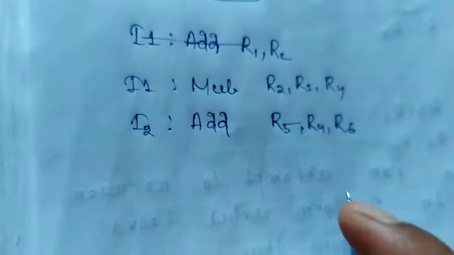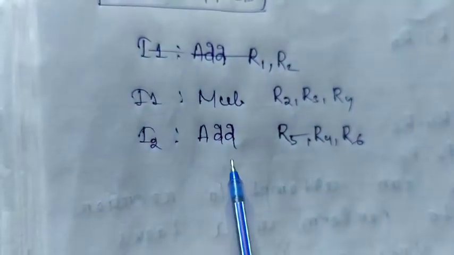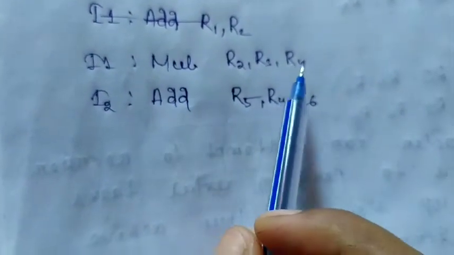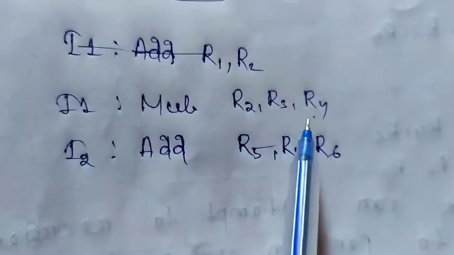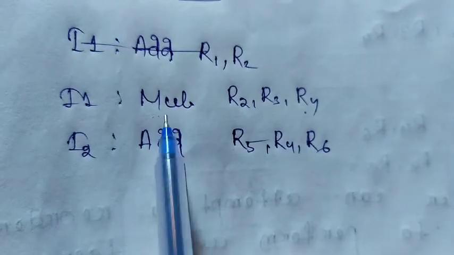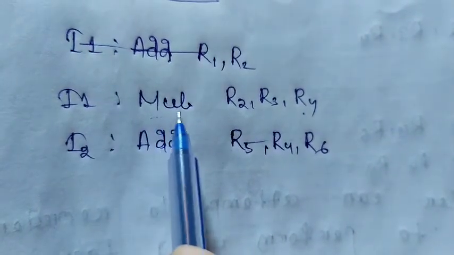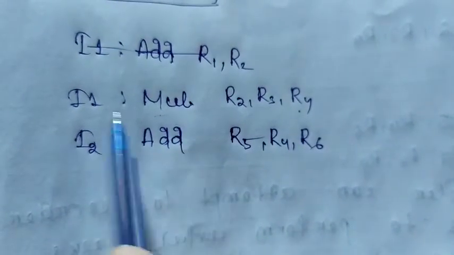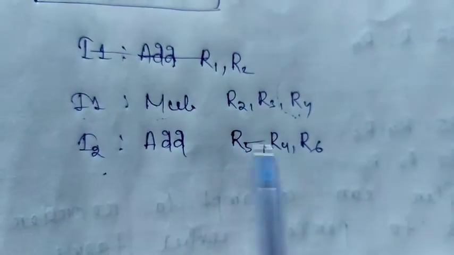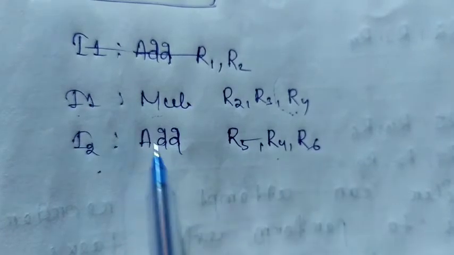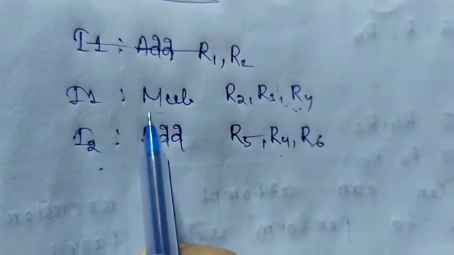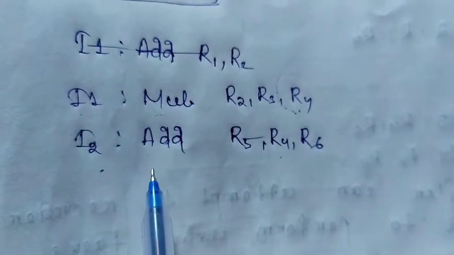Okay. So you can easily detect that in instruction I1, R4 is the destination, whose content we are changing by executing this instruction. That means after the execution of this multiplication instruction I1, the R4 content will be changed. Okay, and in I2, R4 is the source. So in this example, data dependency is easily detectable, but in some cases